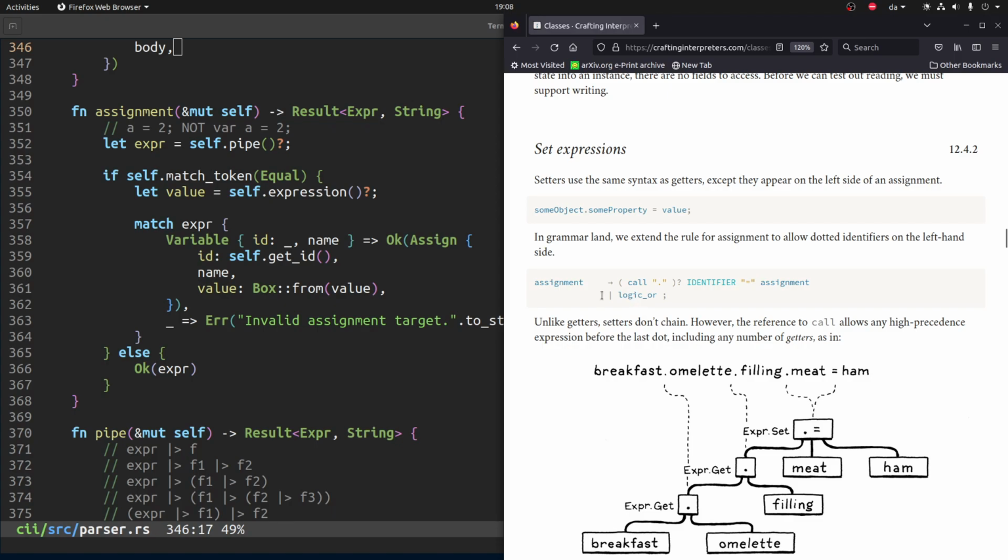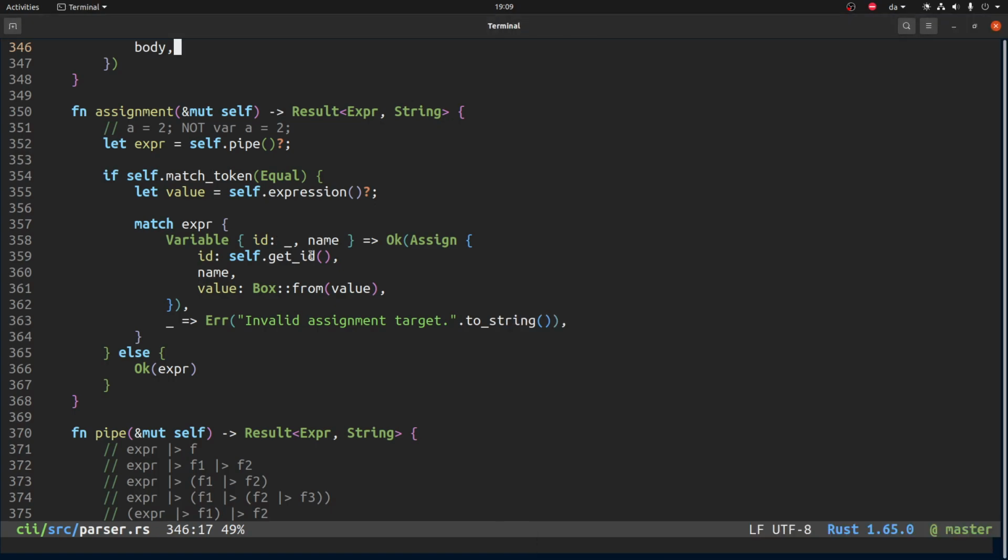Anyway, let's see what we have. So here an assignment can be, not sure why it's called, but whatever. Okay, so a call, a dot, potentially a call and a dot, then an identifier, and then an equal sign, and then an assignment. Or a logical OR. So I'm not sure I get this one yet, but let's see